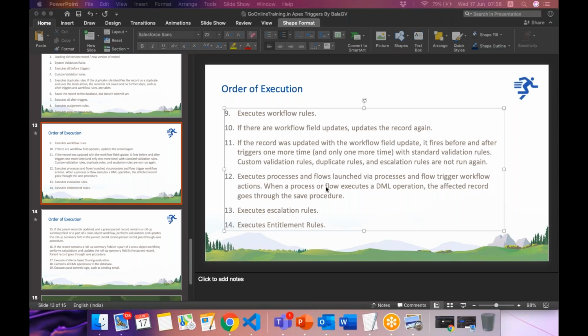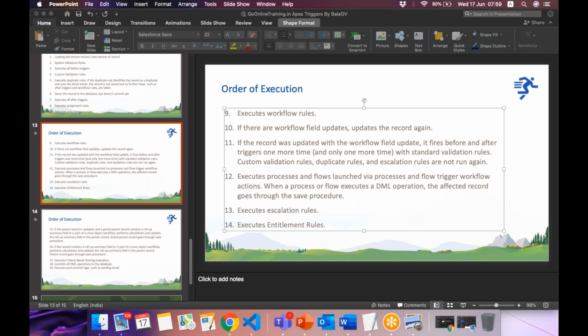When a process or flow executes a DML operation, the affected record goes to the save process. Okay. So if there is another DML operation happens, again the order of execution will execute.